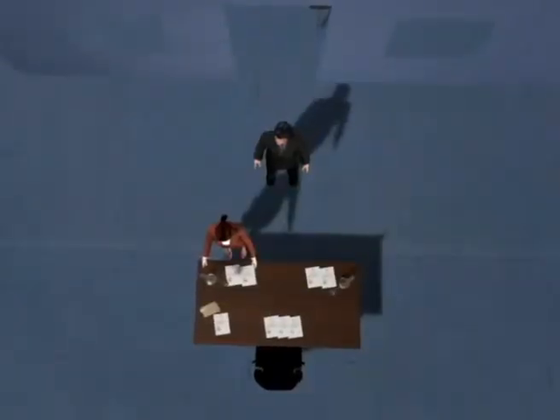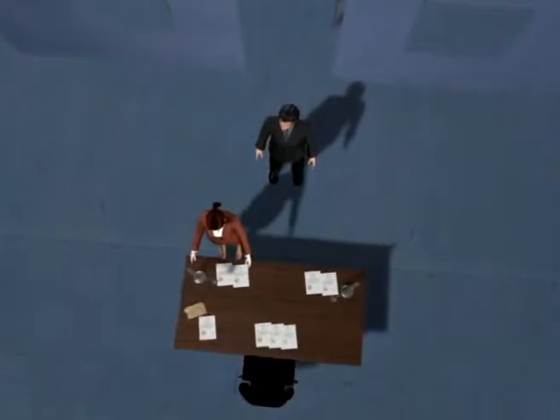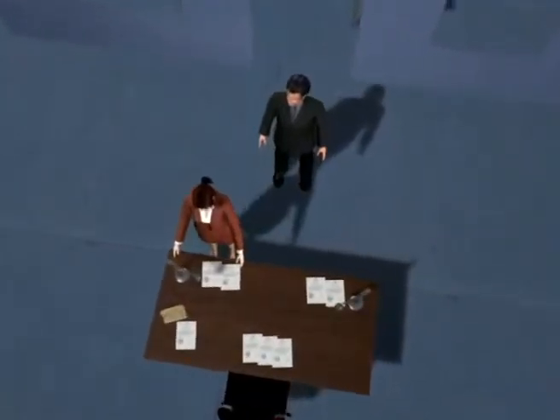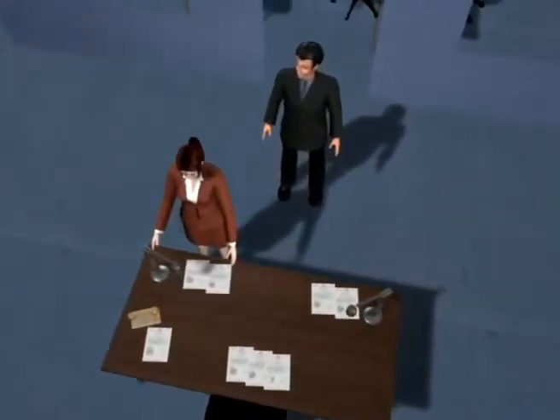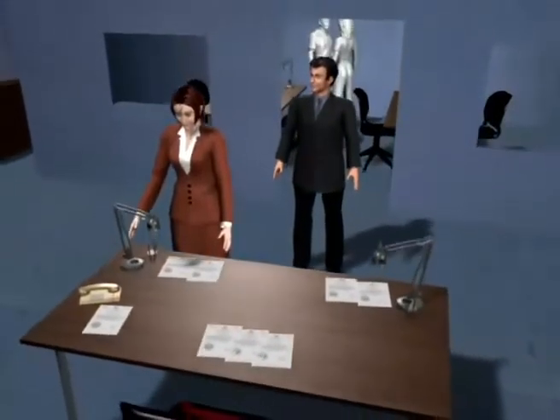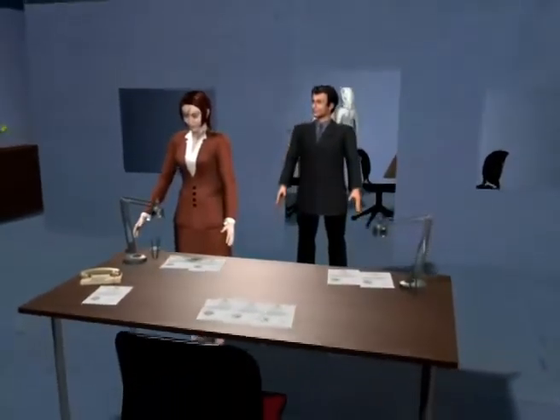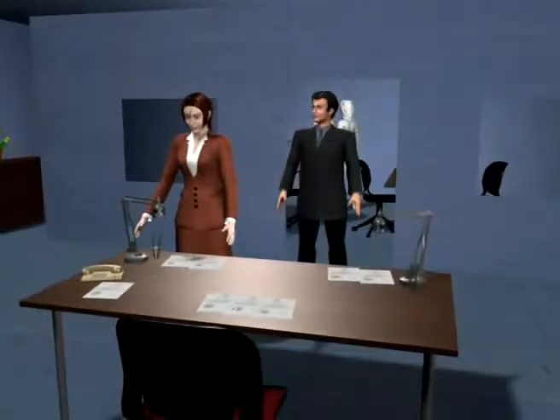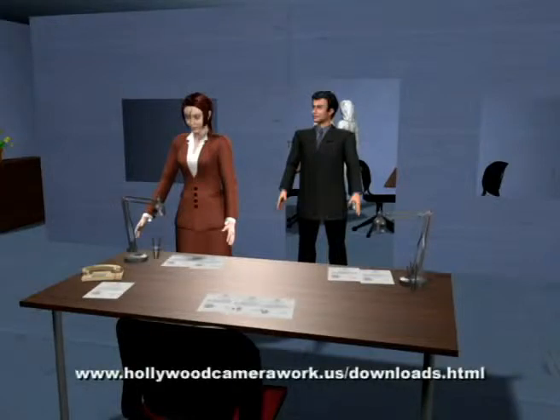At this point, let's stage a scene to try out the motivations from the last two chapters. This scene is between two attorneys, Jennifer and Damien, who used to be dating but are now just working together on a case. Damien's ego is having a hard time with the fact that Jennifer is seeing other people, but he's not the kind of person who admits defeat, even to himself. The script can be downloaded from hollywoodcamerawork.us/downloads.html. Let's do a read-through.